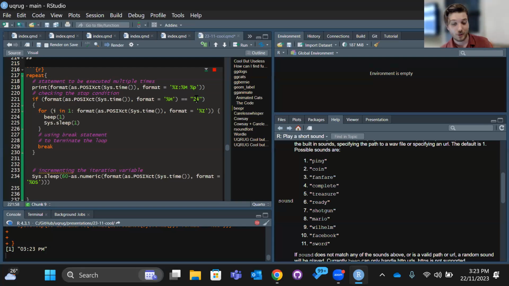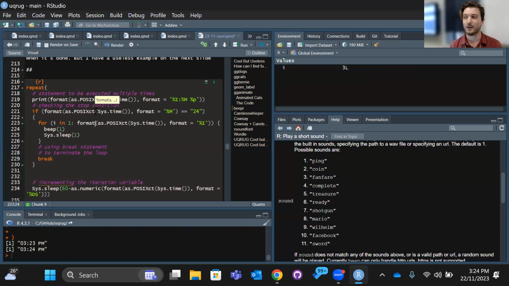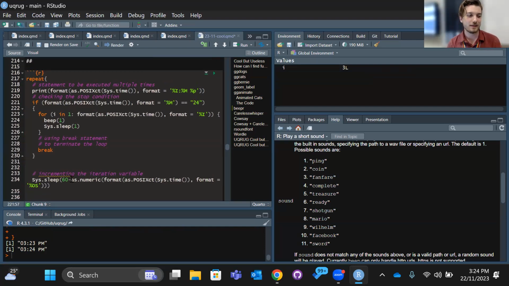Once the minutes are at 24, it will beep the number of times that it is the hour. So it's like a little, old school clock thing that goes dong, dong, dong when it hits 3 o'clock. But obviously it's hitting it at 3:24 on the dot. And if it isn't that time, what it does is it just sets itself to sleep for the number of seconds, 60 minus the number of current seconds in the current minute. So I don't have an application for that. I don't think it's a good idea, but I could probably set it up so it just does that all day or something.